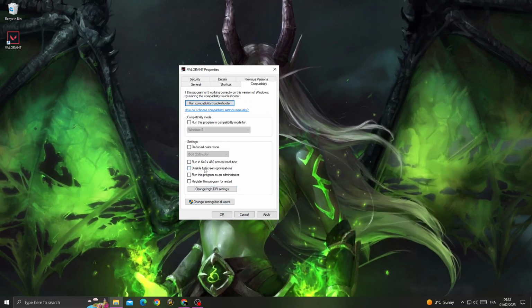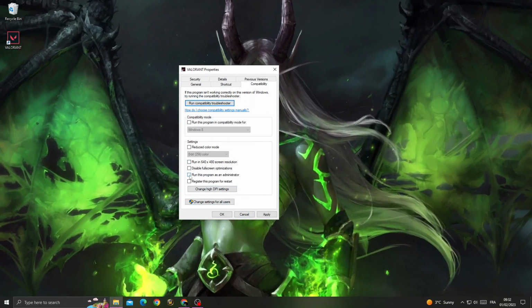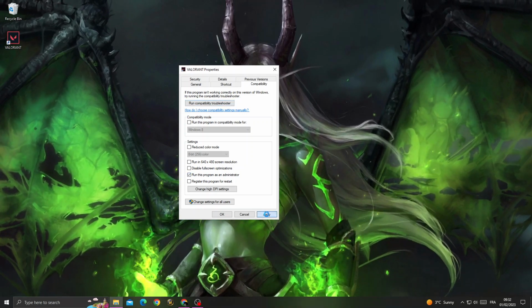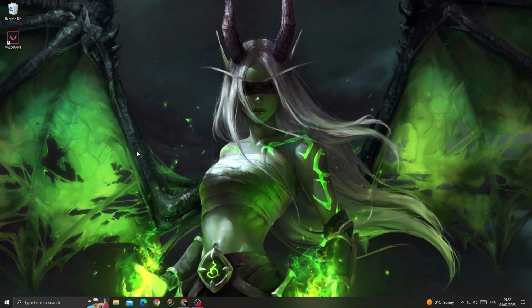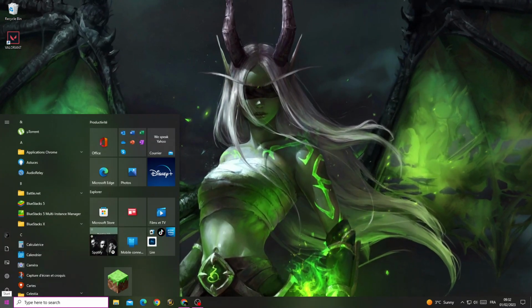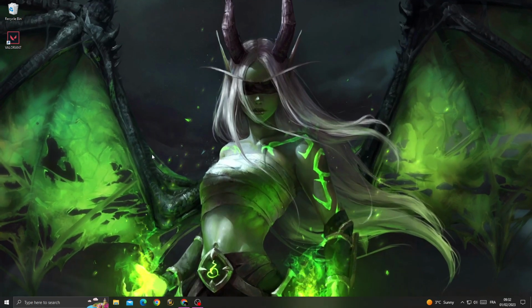All you need to do, just enable run this program as an administrator, and then click apply and OK, and that's it. Now restart your PC, and after restarting your PC, try to launch Valorant again, and if that